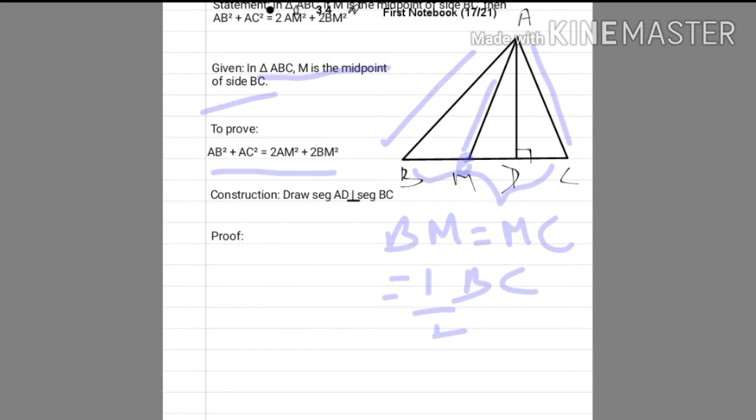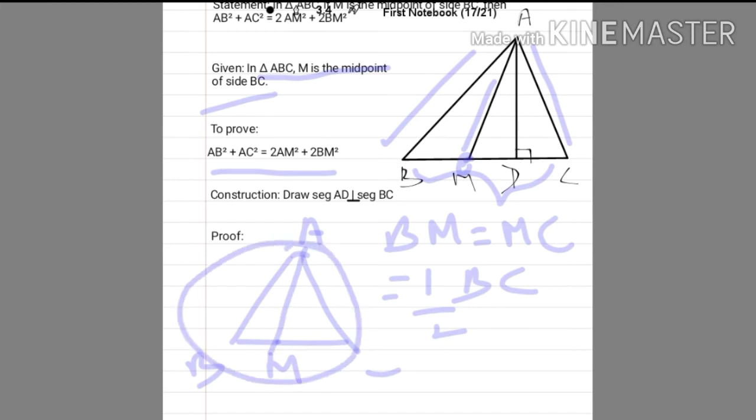Now while considering the triangle, the only given thing in that is this is the triangle, and BC has a midpoint M. So in triangle ABC, AM will be its median. So this is the given triangle. And as I said, we have to use the Pythagoras theorem while getting the proof for this theorem. So how can we consider the Pythagoras theorem here when we do not have right angle triangles here? We need right angle triangles for the Pythagoras theorem, right?